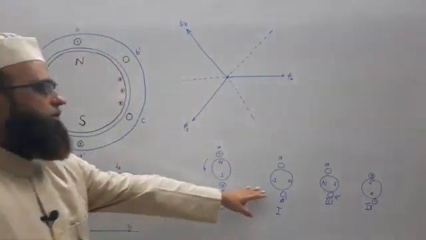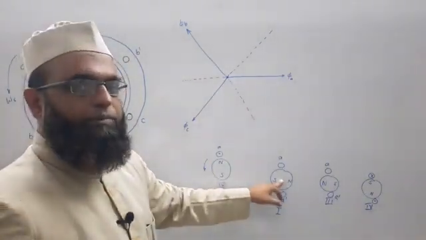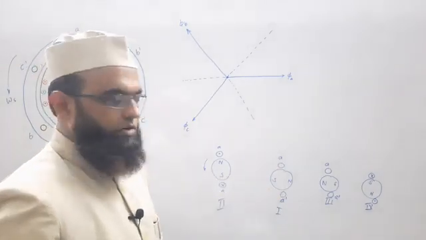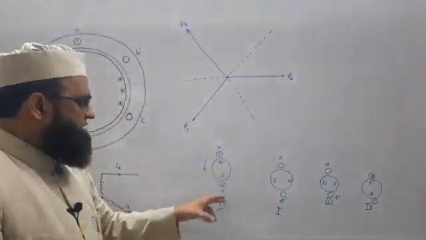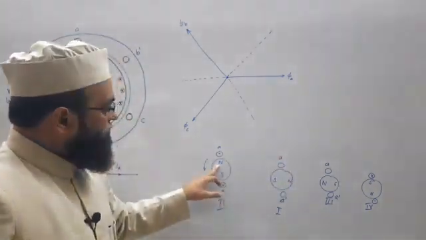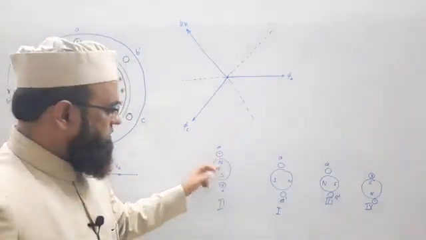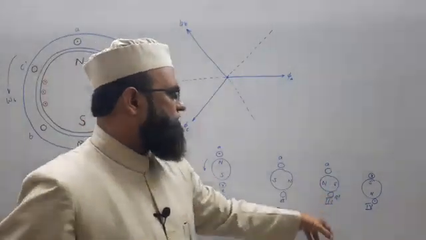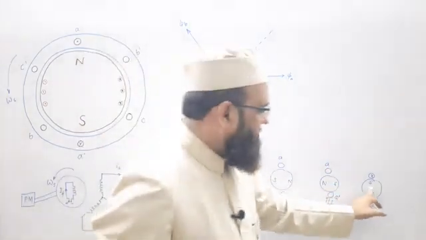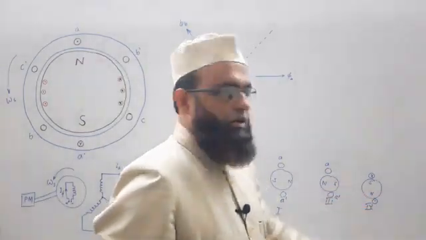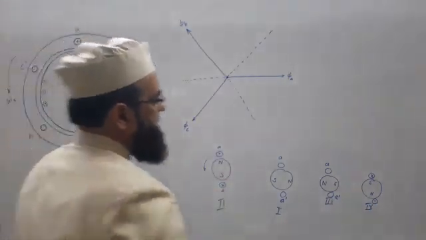So starting from case 1, this is the moment. At that time no flux linkage to this coil, so EMF induced is 0. After 90 degree, right, this is rotated by 90 degree, so flux linkage is maximum. Then again after rotation of 90 degree, flux linkage to this coil is 0. Then again flux linkage is maximum but opposite in direction. So for the 4 moments,